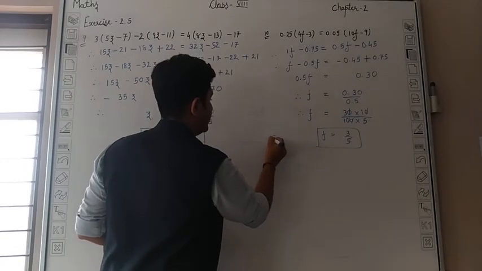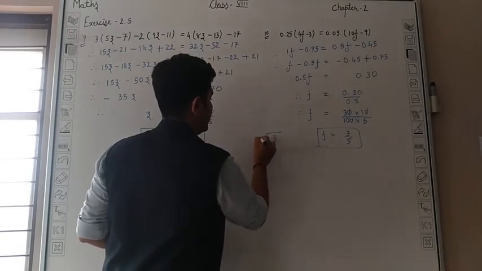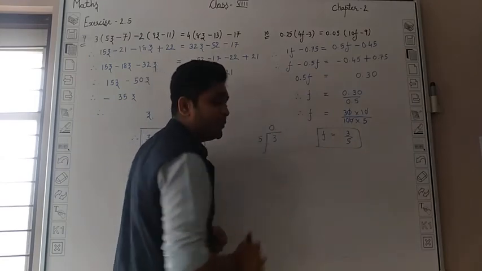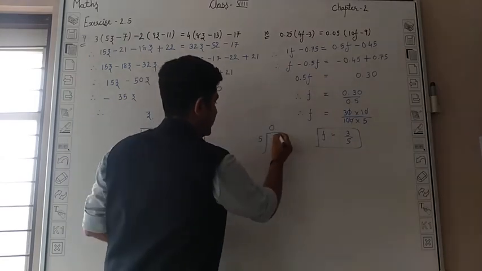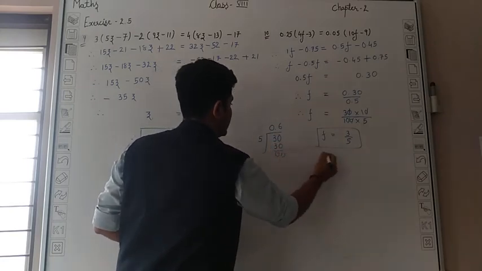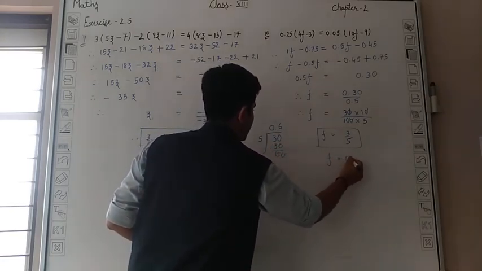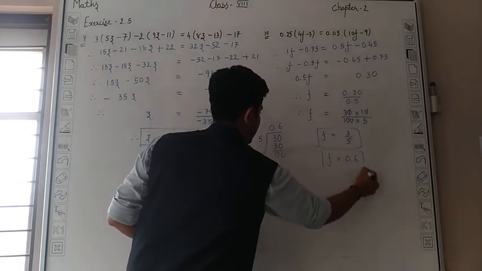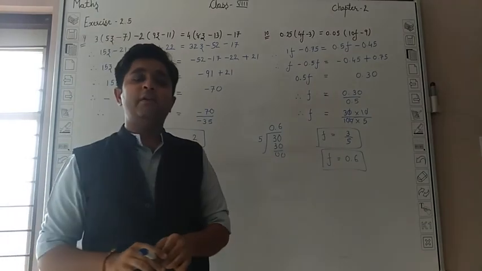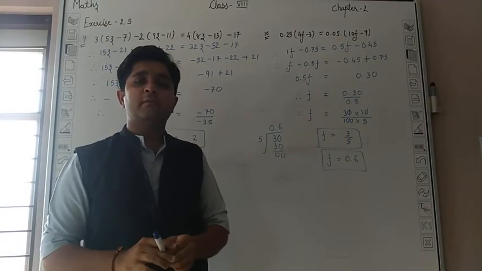Let's do 3 divided by 5. So 3 is smaller, so let me put a decimal 0 point and 1 point over here. 5 6s are 30. So the answer is also we can write f is equal to 0.6. So this way we can solve the equation and find the value of variables.